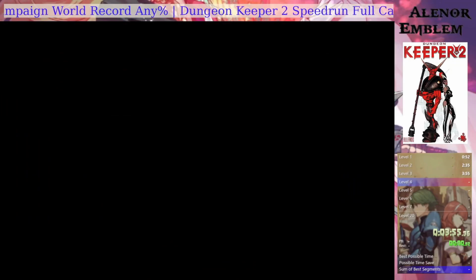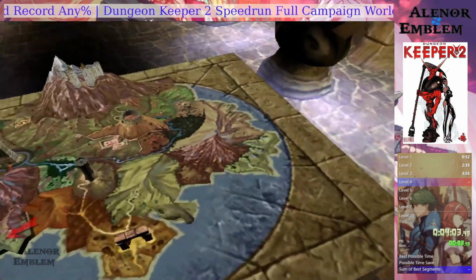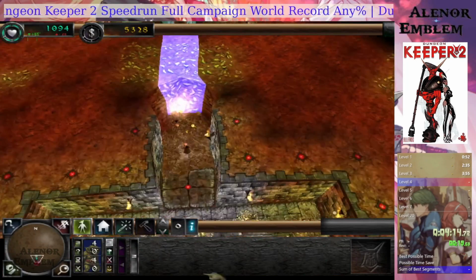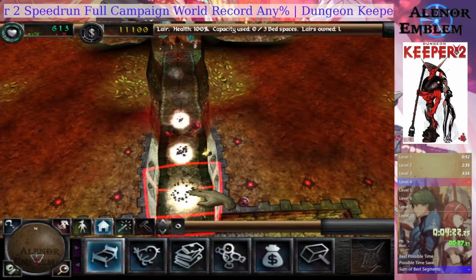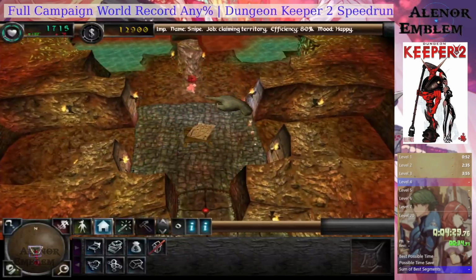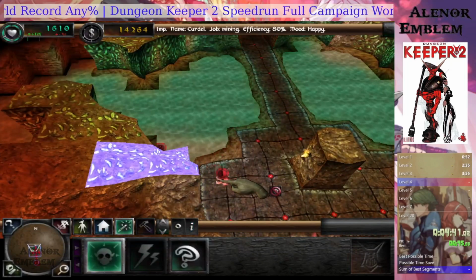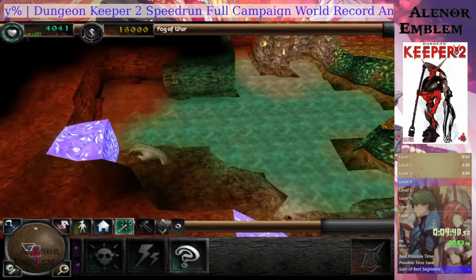Your lair is all change. Corrupting the node. Shady. You have claimed a portal. You need a treasury to...